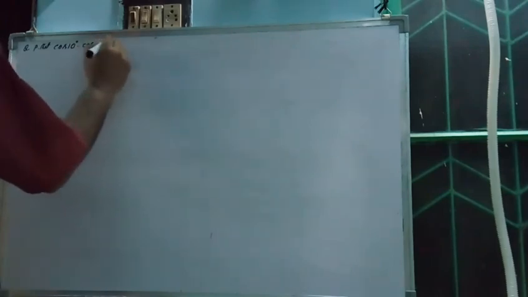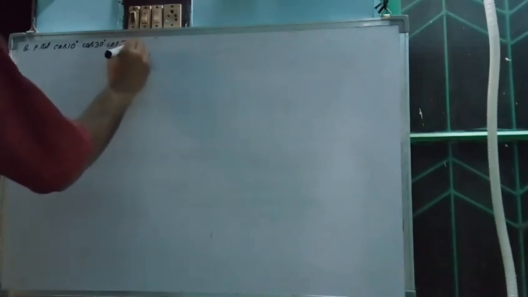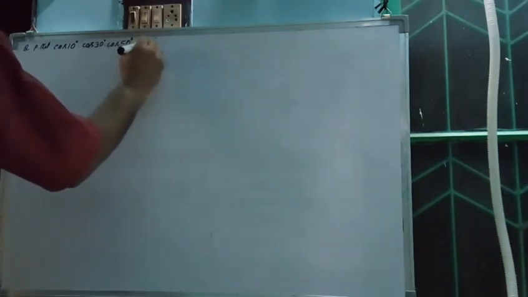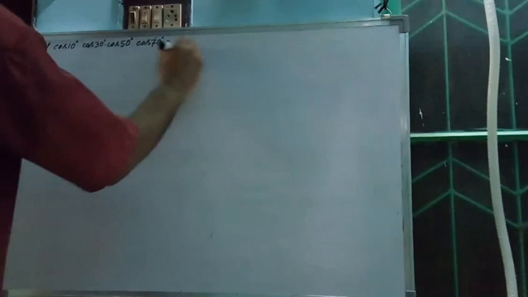Cos 10 degree into cos 30 degree into cos 50 degree into cos 70 degree. There are four terms: cos 10, cos 30, cos 50, cos 70 degree is equal to 3 over 16. Okay? Proof. Left hand side, LHS is equal to,